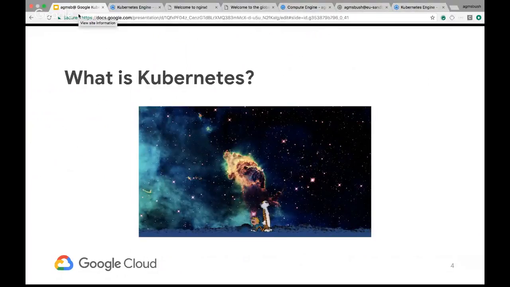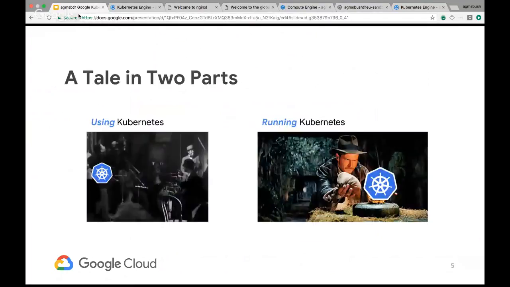But from my perspective, when I really try to boil down how, not how entire organizations should think about Kubernetes, it's a tale of 2 parts, right? So there's actually using Kubernetes, and that's what this brief demo showed, right? We're able to see all of these different components, these Kubernetes objects working together to get my container up and running and exposed to the public, right? And so I think Joe Beda, one of the founders of Kubernetes, described it a little bit like jazz. A lot of different players responding to one another, but ultimately it comes out really smooth, and this is the reason why Kubernetes has gained a lot of traction in the industry.